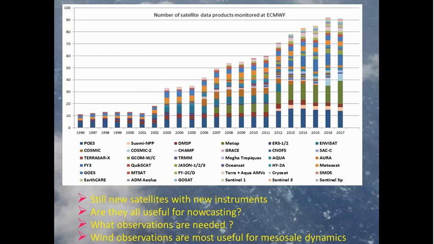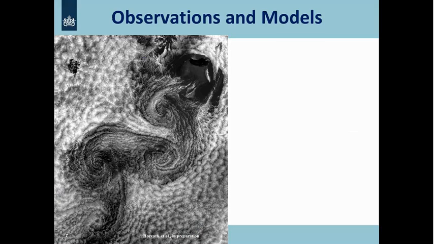So, some idea of observations and models. Here you see Madeira in the Atlantic at the top right, and there are clouds coming from the northeast. You see that the island is breaking the clouds because it sticks out above the clouds and is blocking the flow. And the blocked flow is creating so-called von Karman vortices. You can see these nice swirls in the cloud pattern. That, of course, should also be associated with rotation in the winds.